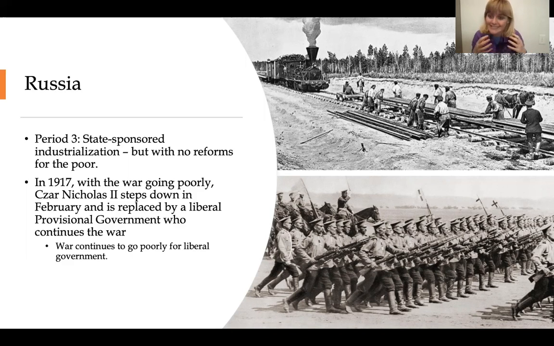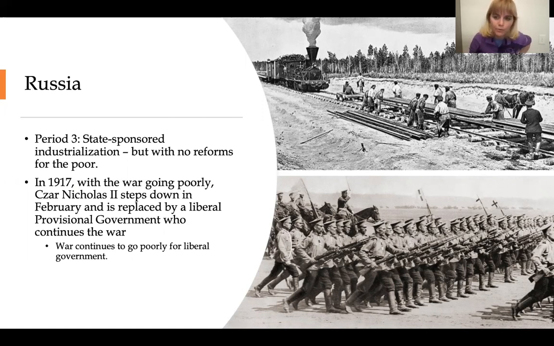So the federal government keeps the industry. The problem is that while people are really angry about all the horrors of industrialization, they're angry at their government because the government does not offer political reforms. So people are angry. All right, industrialization is good for the economy, but children are working in the factories. People are working 20-hour shifts. All right, and because of this absolute monarchy, they're not offering political concessions.